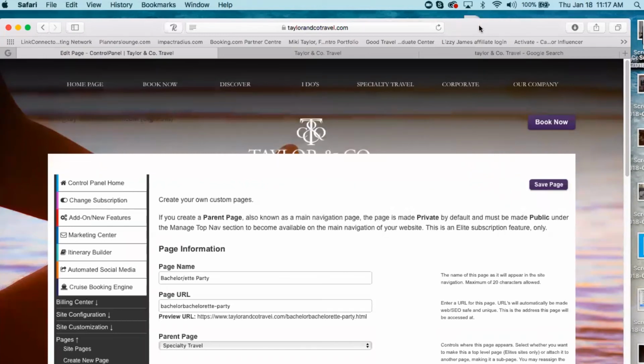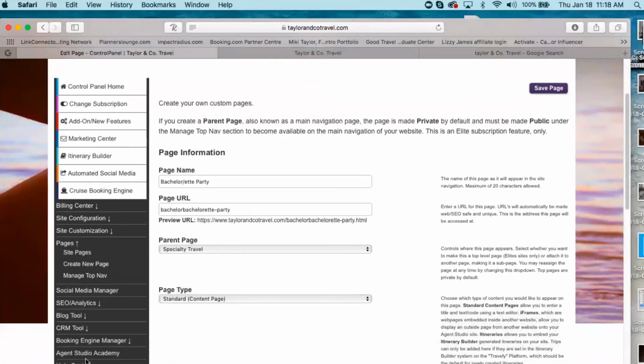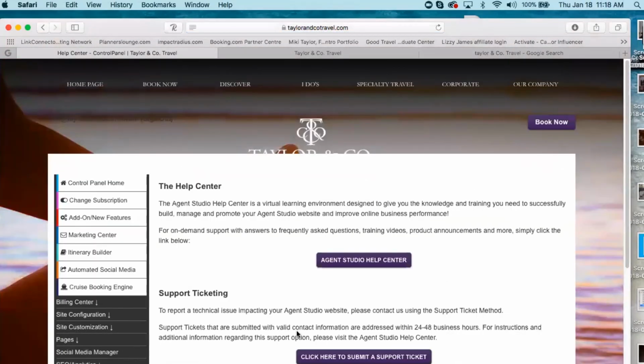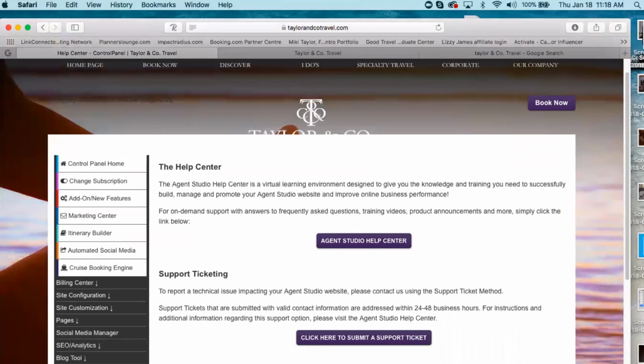Let me see. We do have a question from Marilyn. As a new agent, how can I get more individual assistance? One of the ways, you can always reach out to Agent Studio support. You can open up, oh shoot, I can't even think, a support ticket. One of my tips for getting through to support is put in a support ticket, as opposed to just emailing